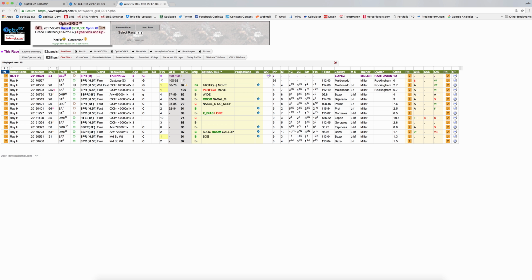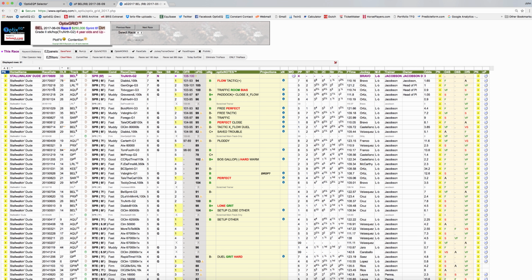We respect Peter Miller, but this is a tough sell against these horses at this level on the dirt sprinting. We just think that he's vulnerable, especially if you look at his surface and distance filter. It's a circle in quadrant 4. So we're going to take a stand against him as a contender, and then we're going to look at the